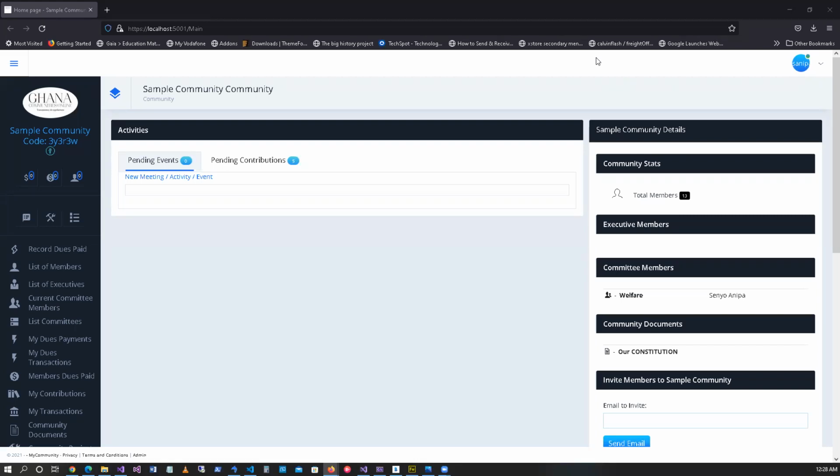On the mobile screen, this menu area is hidden. You have to click the menu button to bring it up. So we have the activities space where, if there are any pending activities, it will show up here. And if there are any pending contributions, they also show up here. So everybody is reminded all the time when they come here to see the pending